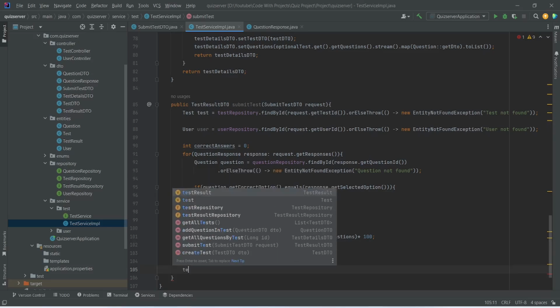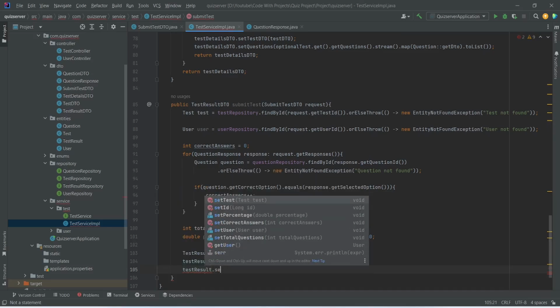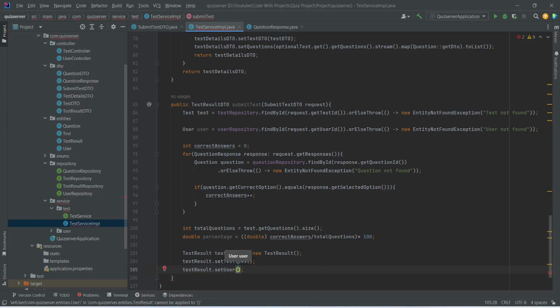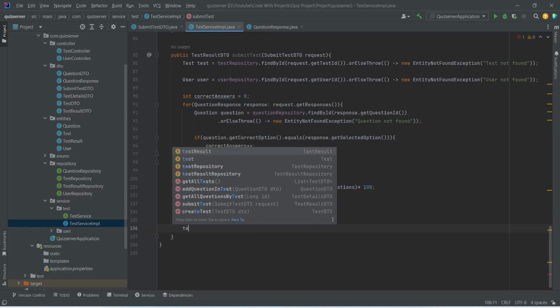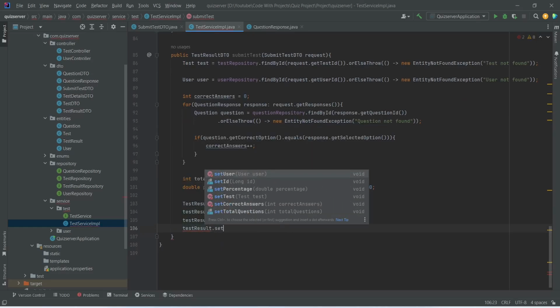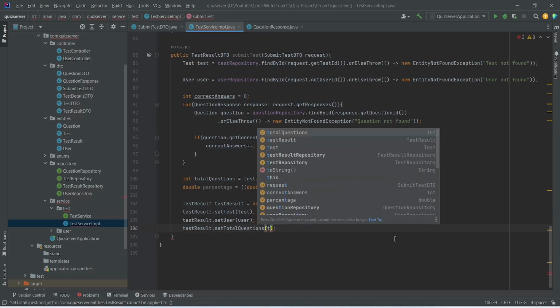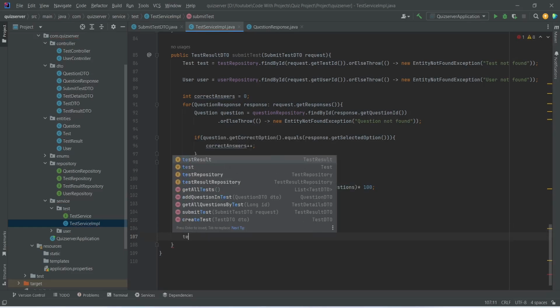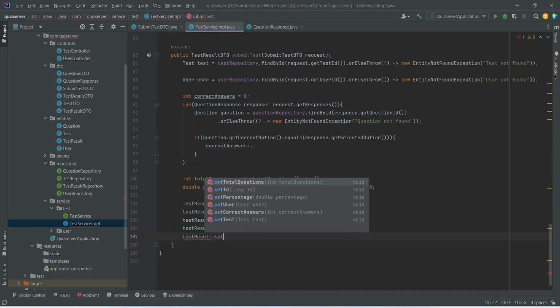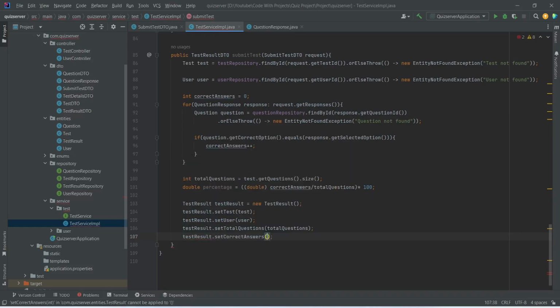And to do this we will again use test result, and we will call a method set user, and in this we will pass the user, and after the user we need to set the total number of questions, and to do this we will again use test result, and we will call a method set total questions, and in this we will pass our variable total questions, and after this we need to set the number of correct answers, and to do this we will again use test result, and we will call a method set correct answers, and in this we will pass our variable correct answers, and at the end we need to set the percentage,